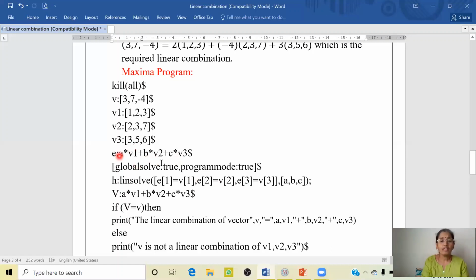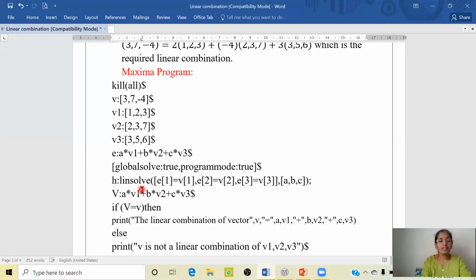Here we have written only the linear combination. So we are equating this to the vector to be expressed as a linear combination of these three vectors. So we put it in the form of our user variable h, and we are going to give linsolve. And this linsolve is the command which solves the list of simultaneous linear equations for the list of variables, as it is A, B, C here. The expressions must each be polynomials in the variables and may be equations.